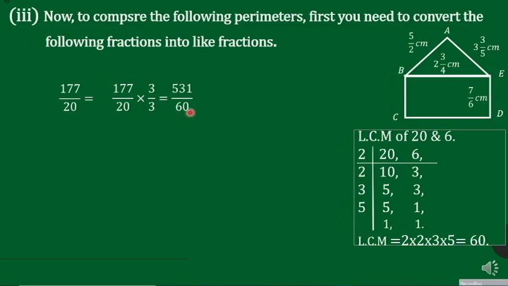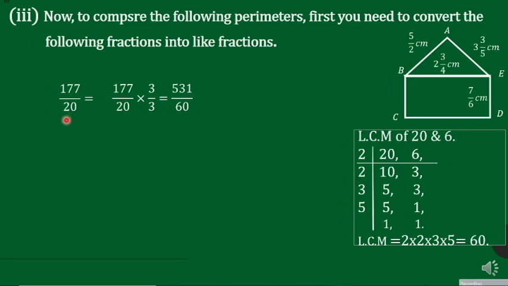Make their denominators equal. You can do this question like this, and another method I already explained in the previous part. For this you can watch my previous video. Here I am going to do this question with a new method. Maybe you have already done this method in a previous class, and here is the new method. If you like, you can also do this method. So see here, in this condition we are converting the denominator to equal the LCM. So the denominator is 60 here.